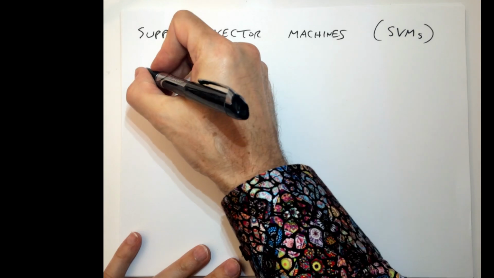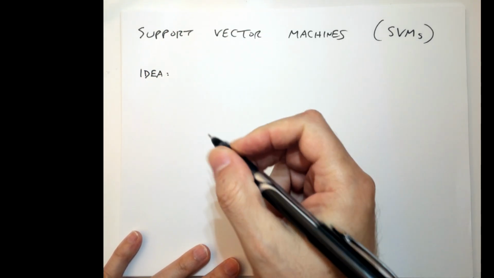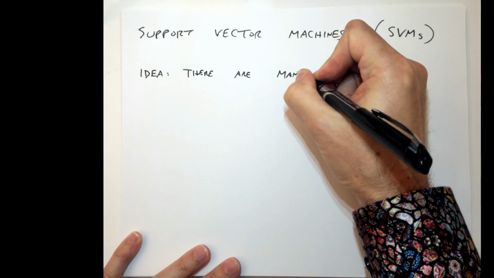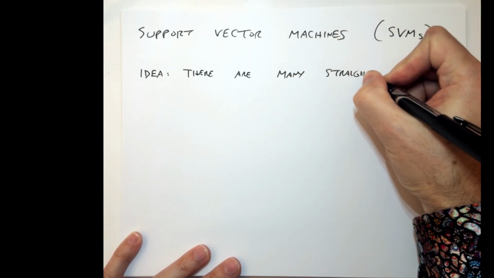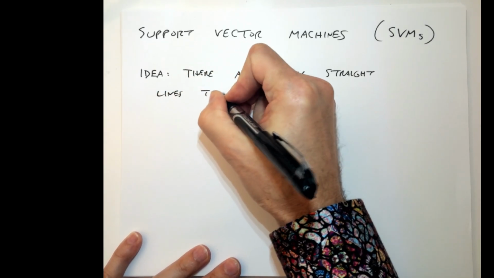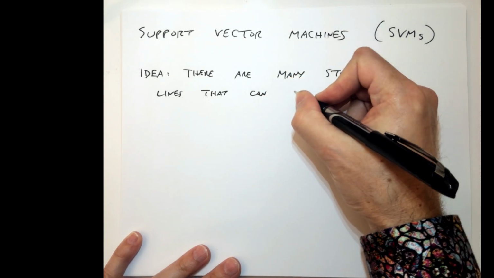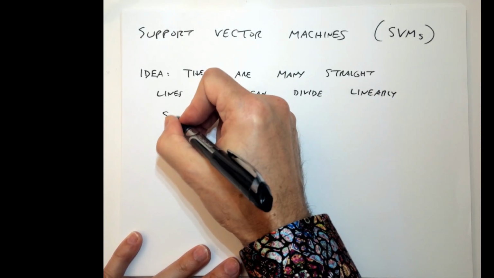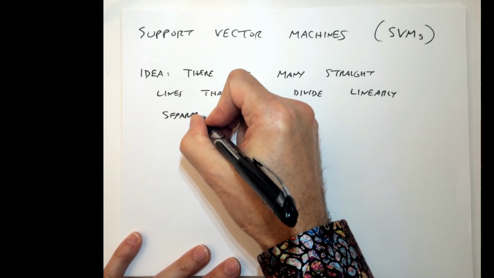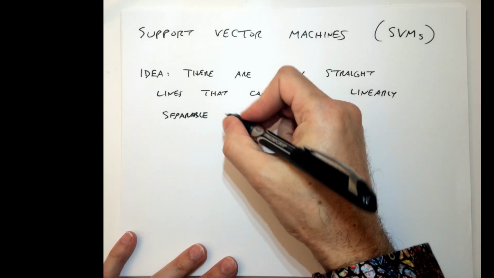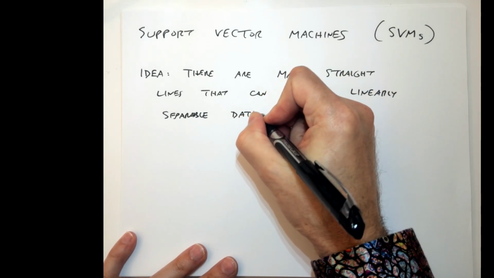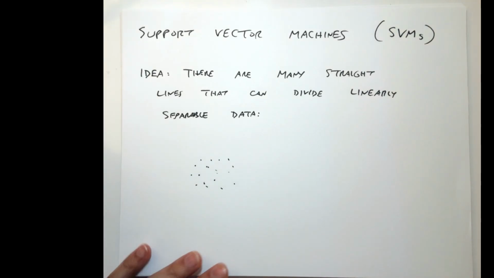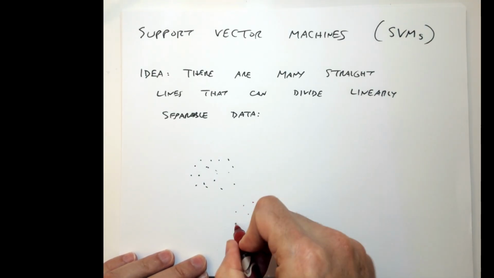And so the motivation for this particular idea is that there are many straight lines that can divide linearly separable data. So what I mean by linearly separable is that it is possible to totally classify the data correctly. Right? So suppose that I have a set of points over here, and I have a set of points over here,